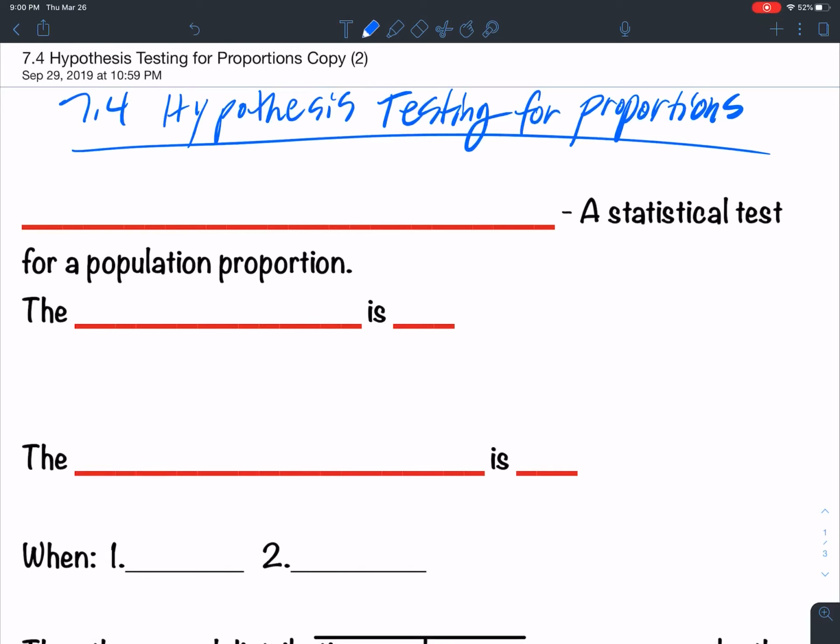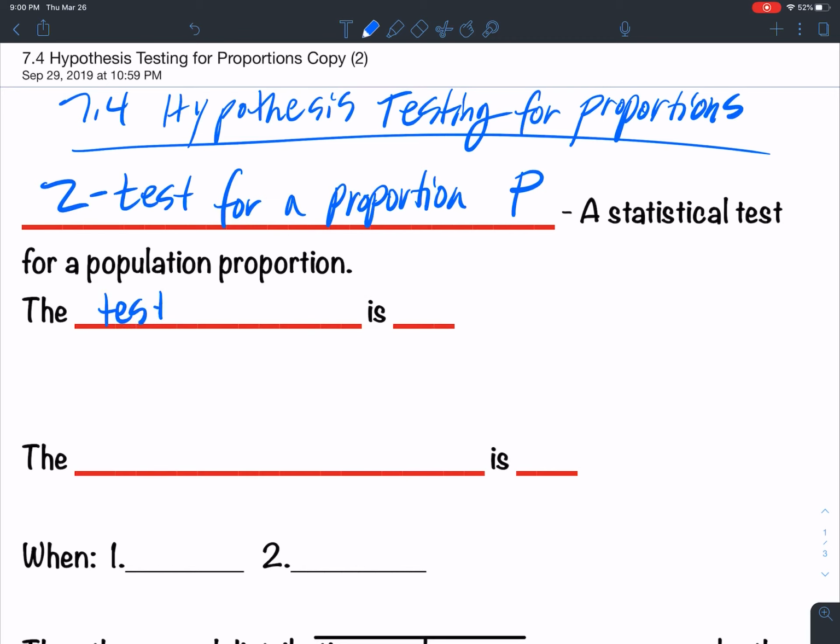So we're going to do hypothesis testing for proportions. The hypothesis test for the z proportion, the z test for a proportion P, okay? A statistical test for a population proportion. Now, the test statistic